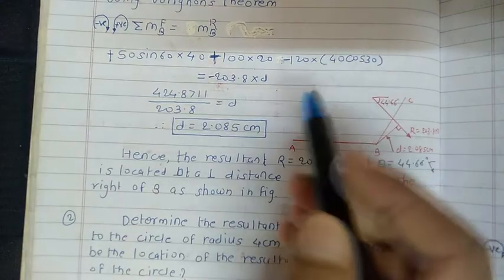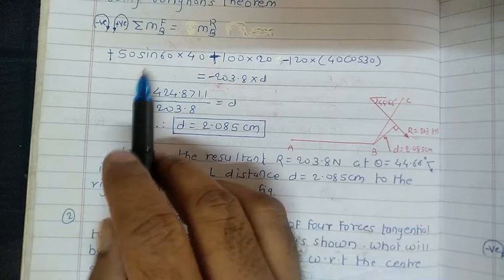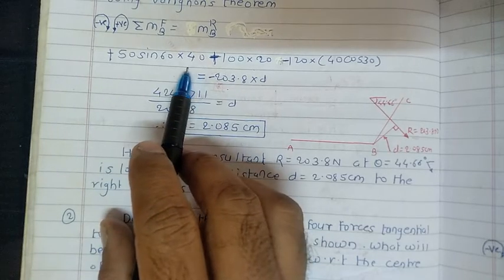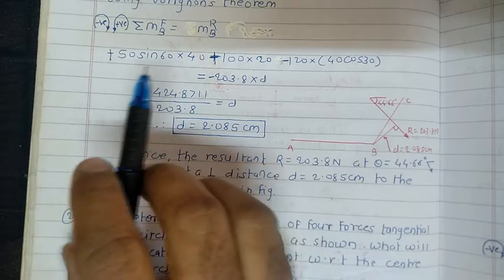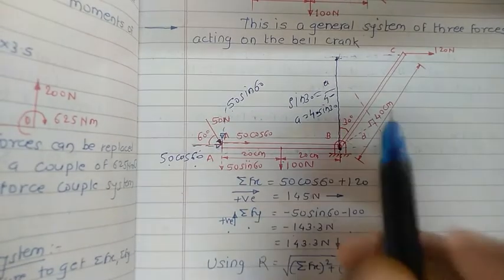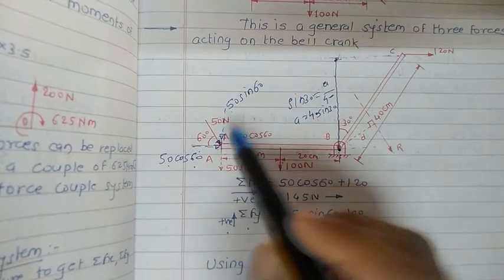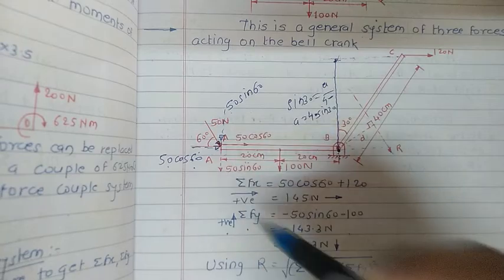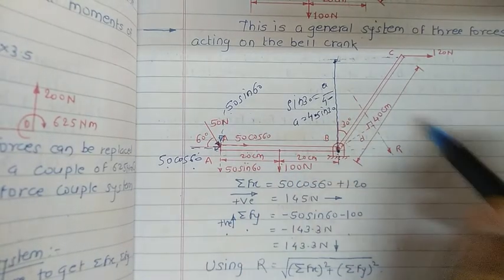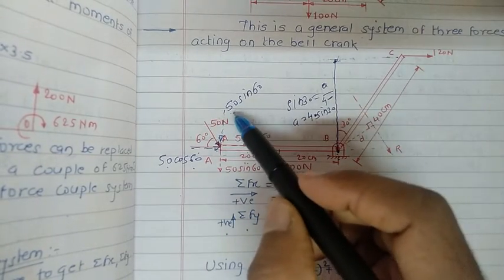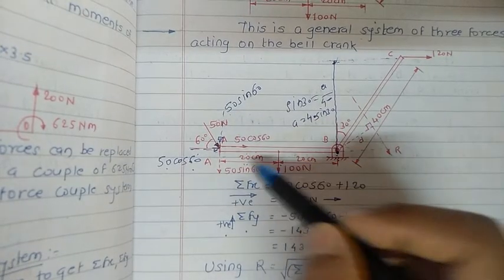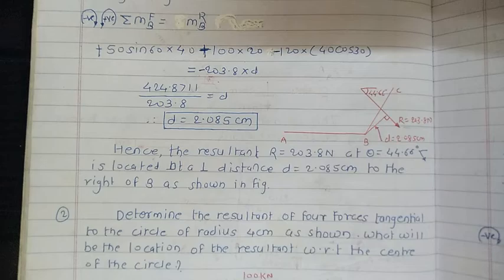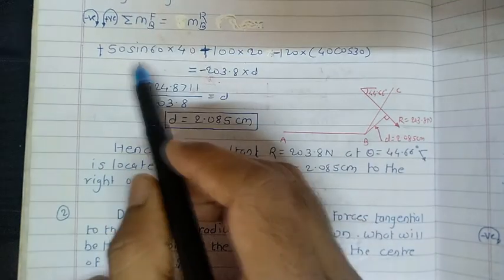Now focus on this force and write the summation of moments of all the forces, considering the sign convention in this way. So for the 50 sine of 60, you have to multiply by 40. Okay, I'll just open the diagram once again. Just focus on this force: 50 sine of 60 turns about this point in which direction? In the anti-clockwise direction. For anti-clockwise, consider the positive sign. So the magnitude is 50 sine of 60 multiplied by this distance, 40. So a plus sign must be given: 50 sine of 60 multiplied by 40.